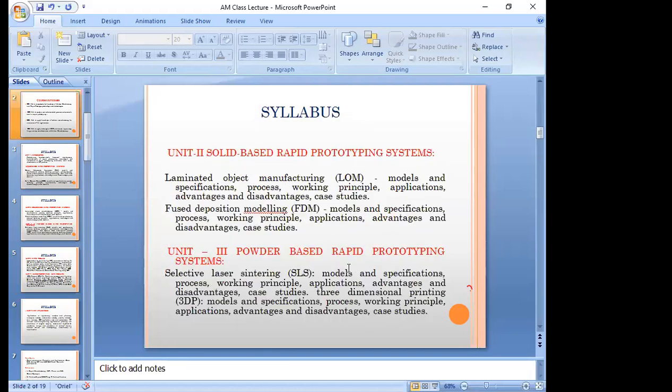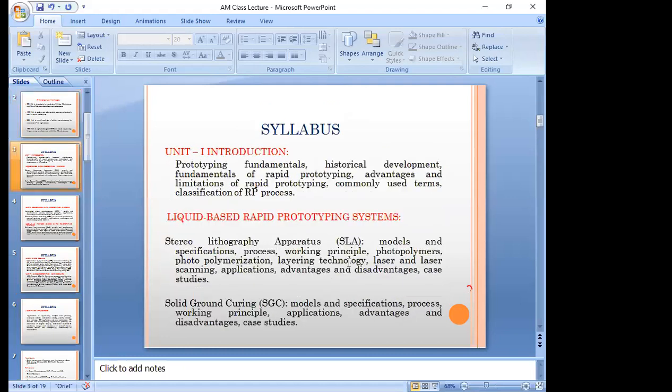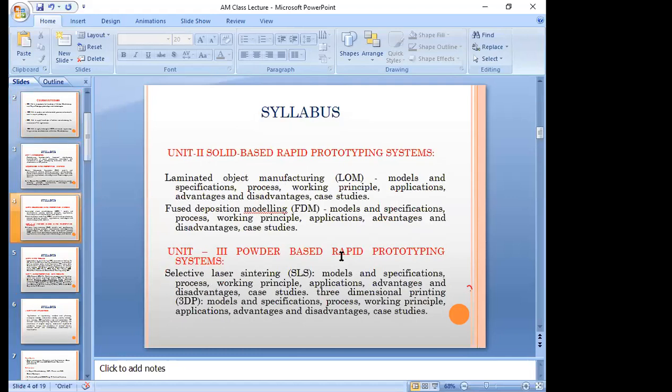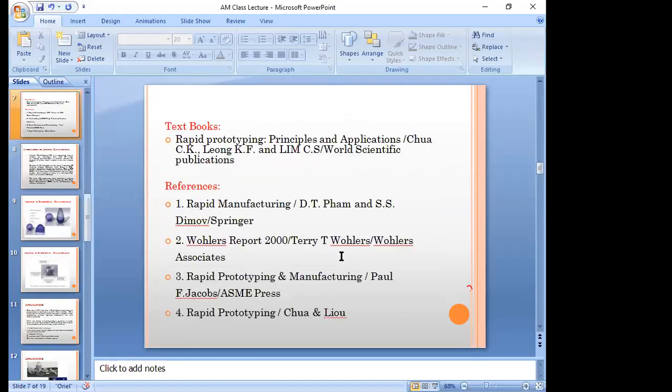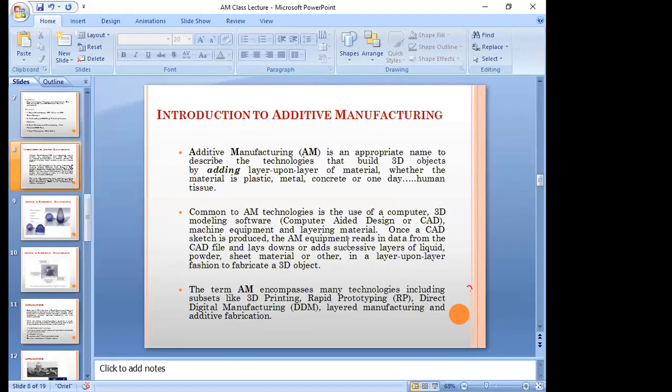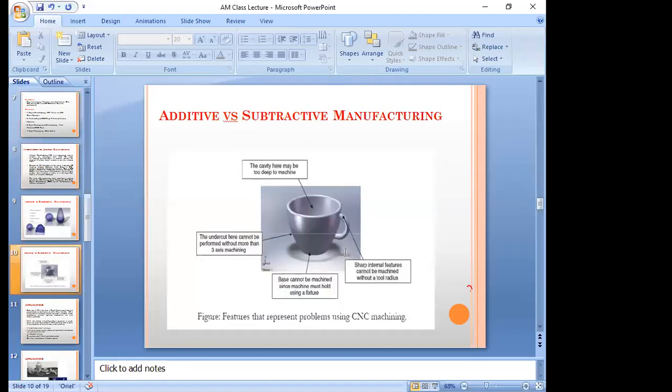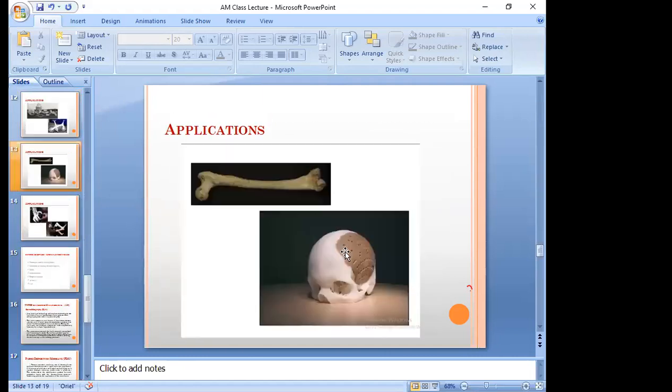We have some specific features. Why do we need to study all these methods? You may have the question: we can go directly for one technique and produce, then we will get a product.